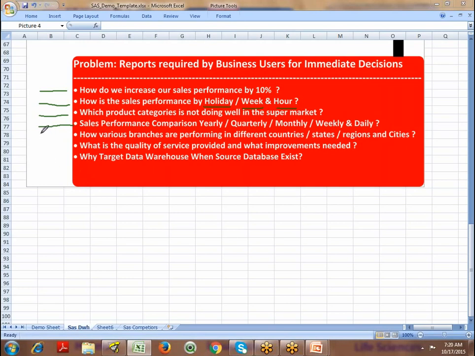How are the various branches performing in different countries, what is the quality of services provided, and what improvements are needed? They would go with a questionnaire, do some rating and generate the reports. These are the various kinds of output reports the user is interested in.